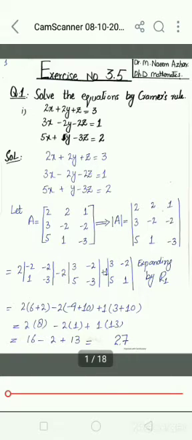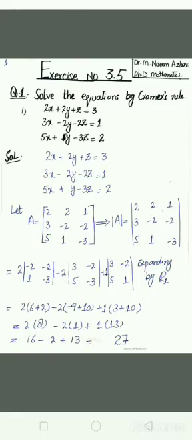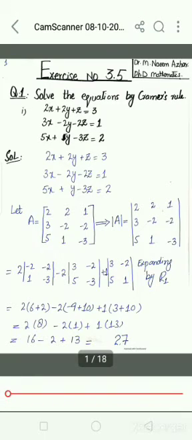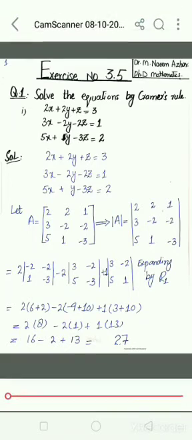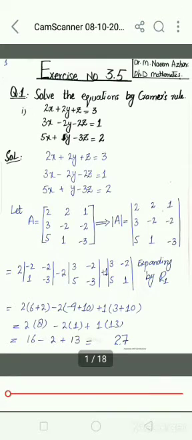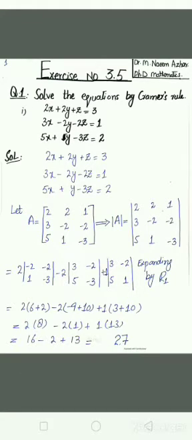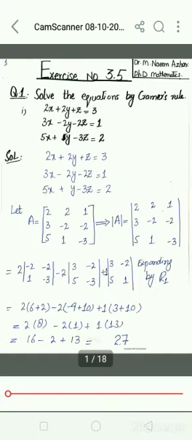by using matrices. There are three methods. The first method is by using Cramer's rule. The second method is by using the matrix method, that is inverse and cofactors, and the third method is by reducing the given system of linear equations into an augmented matrix and then reducing it into echelon form or reduced echelon form by performing some row operations or column operations.